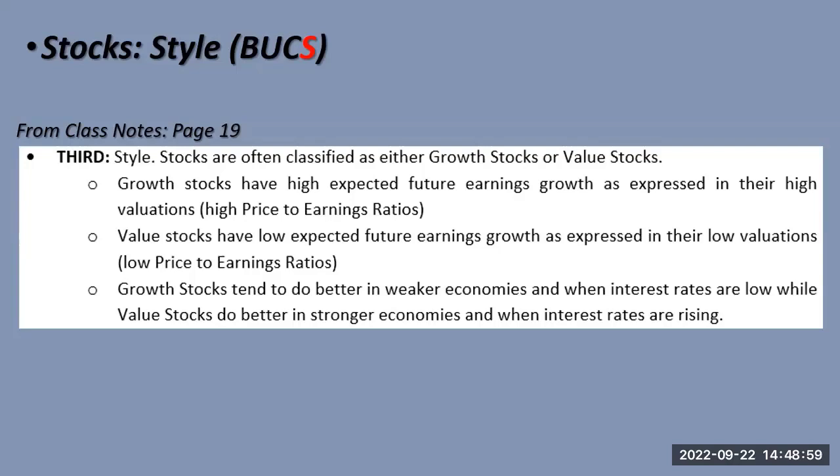So what happened this year? This year, interest rates have risen. How have growth stocks done this year? Growth stocks have really tumbled this year. But we're also worried about a recession. So this year is really bizarre. Interest rates have risen. That's bad for growth stocks. But we might be going into a recession. That's really bad for value stocks. So which of these do you prefer to have? Maybe neither one. So interest rates are bad for one, recession is bad for the other.